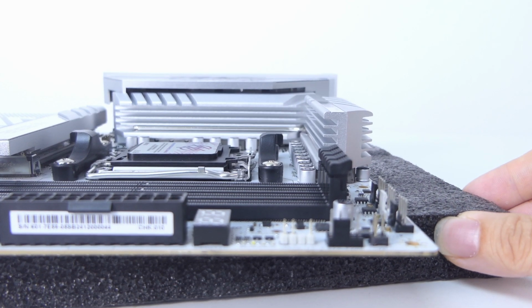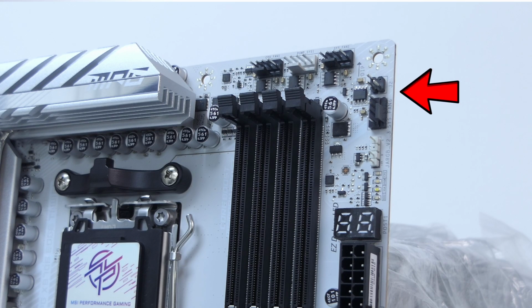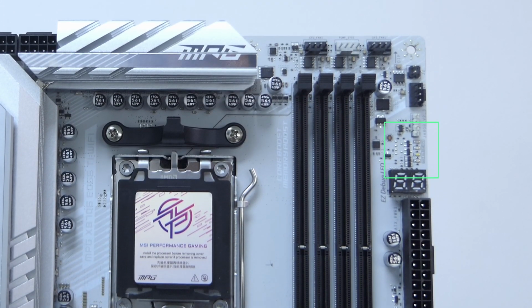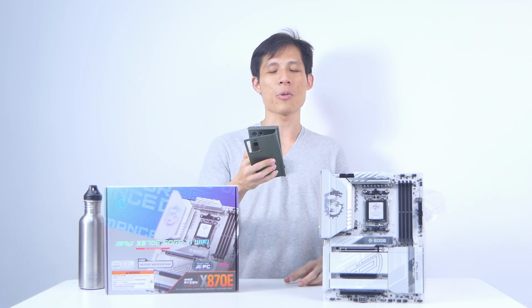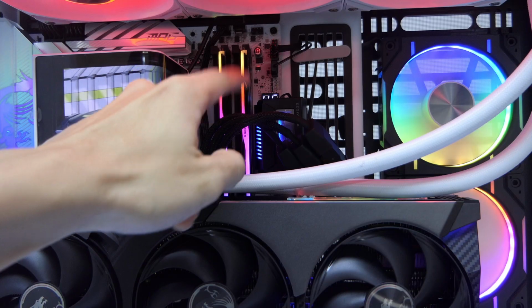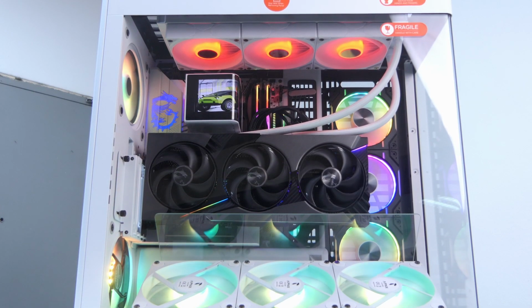And going upwards, I have already mentioned these three main headers, but how about the ones next to the RAM slots? I don't know what this J2 is, so I'm just going to skip it. Next to it, we have the first system fan header, followed by the first 3-pin ARGB header in white, and the vertical row of Easy Debug LEDs. So hard to pronounce, but basically they are like the Q diagnostic LEDs and Q code diagnostic LEDs in the other brand. This too helps you to diagnose your board when you have trouble, for example, booting up the board, or when you have things like CPU or RAM issues or whatever that you may face while